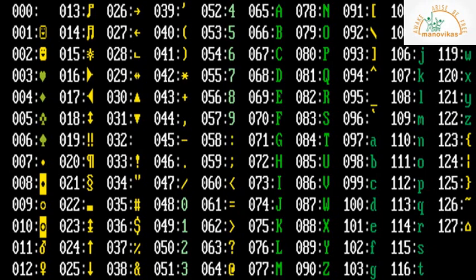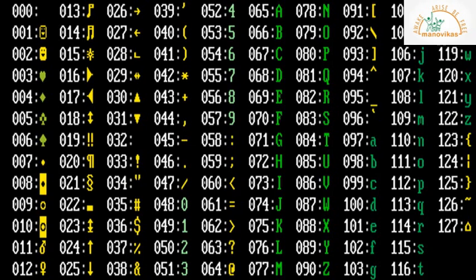These are the list of ASCII codes for the set of characters, scripts or symbols we use while typing. Most commonly used characters are the alphabets, then sometimes the operators, then some special characters.